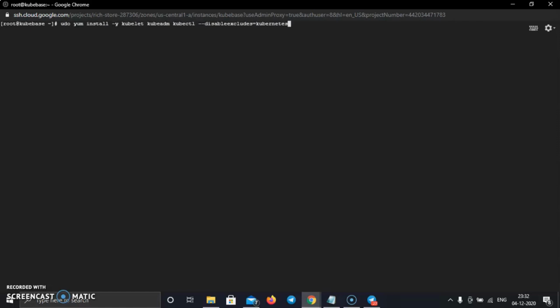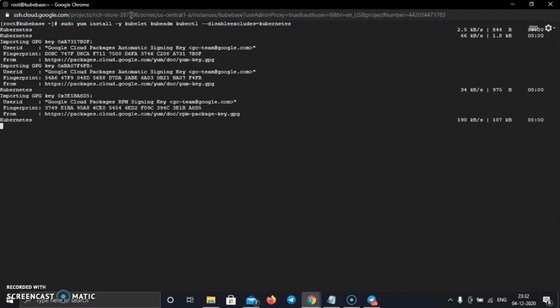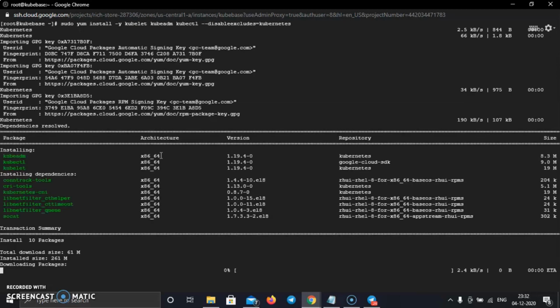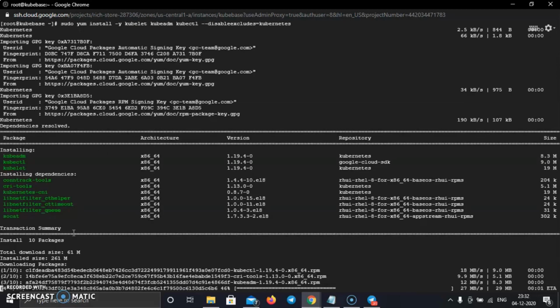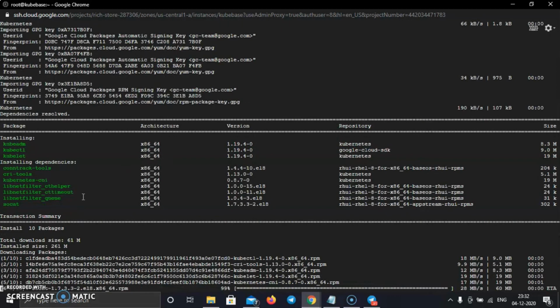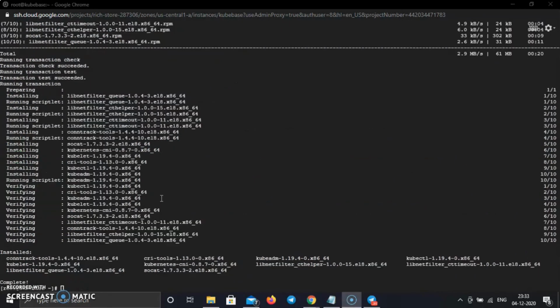So sudo, okay, and it will install kubeadm, kubectl and kubelet in our system. So they are downloading. This may take some time. As we can see, these things have been installed successfully.